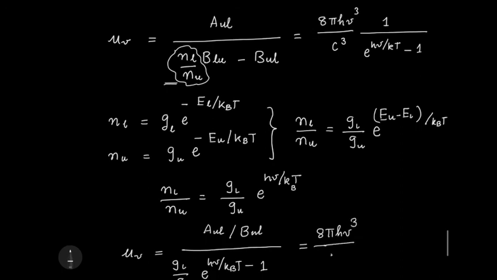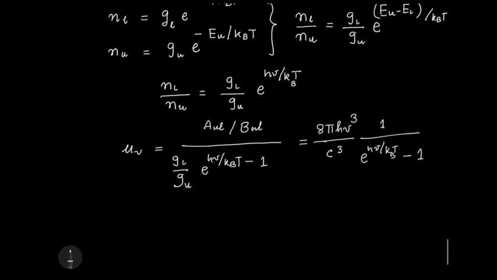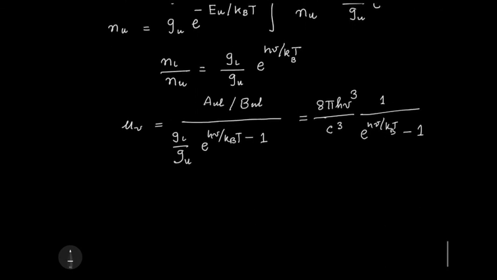And again that has to be equal to 8 pi H nu cube by c cube, 1 by e to the H nu by KBT. Sometimes I'm writing K, sometimes I'm writing KB. They're the same, Boltzmann constant. And now comparing